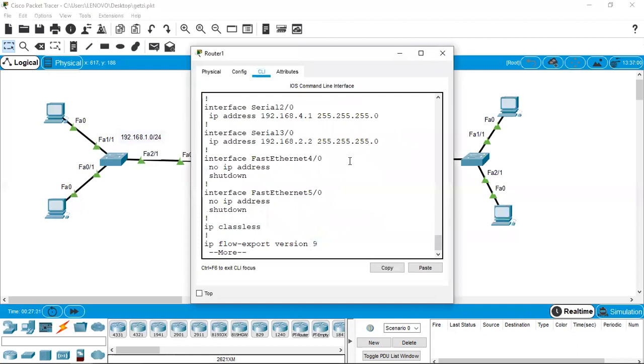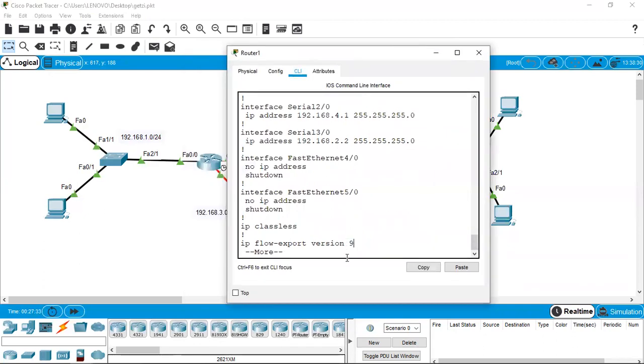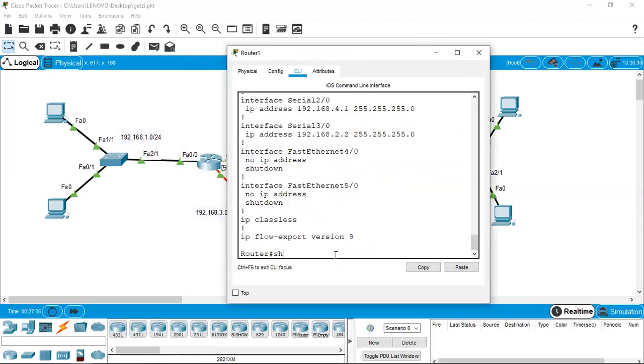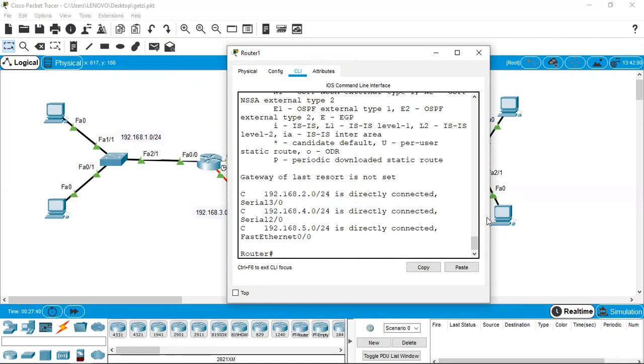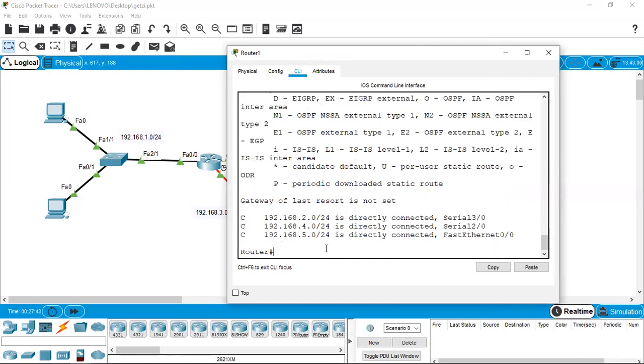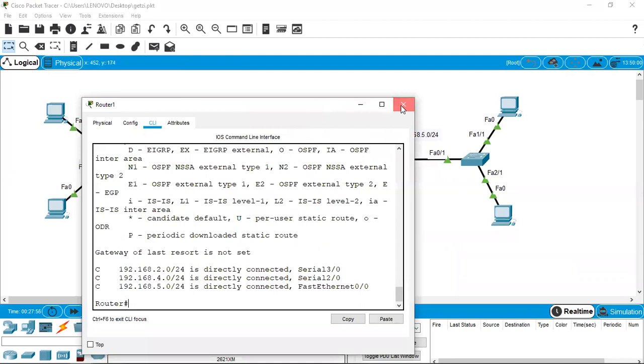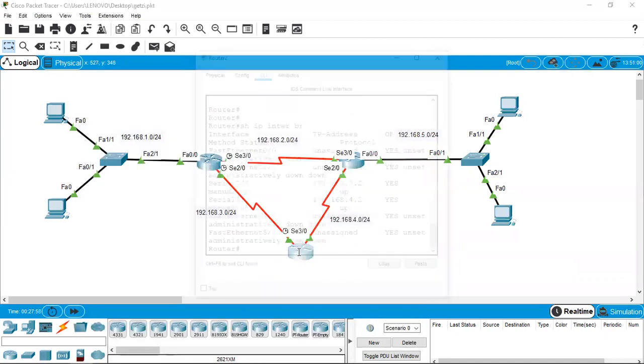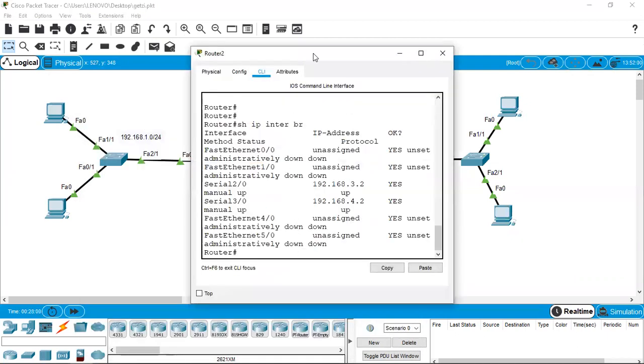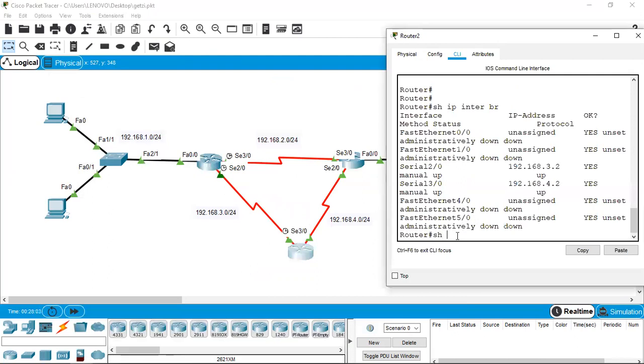You can check a similar one in this router as well. So I give show IP route. You can see, this also has got 3 entries. They are 2, 4, and 5. 5 is through the fast Ethernet. 2 and 4 are serial 3/0 and 2/0. So this is fast Ethernet. You got 50, and you got 20 and 40 connected through this. Whereas you can easily guess how many entries will be here in the routing table. It is supposed to have only 2 entries as of now.